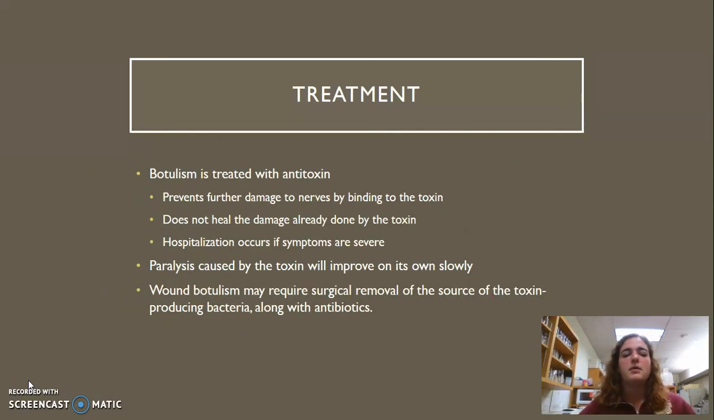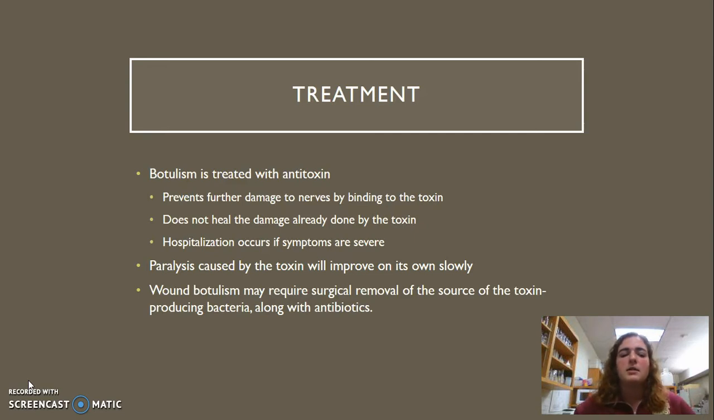And so this toxin prevents further damage of nerves. The antitoxin binds to the toxin itself and prevents it from associating with your nerves, so preventing further paralysis and complication of motor nerves. But it doesn't heal damage that's already been done. Anywhere the toxin's already associated with nerves, it can't prevent or reverse damage that's already been done